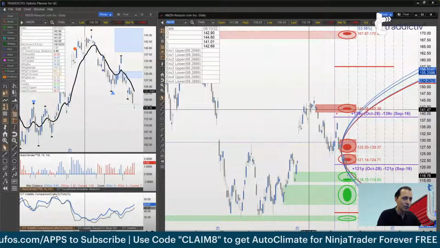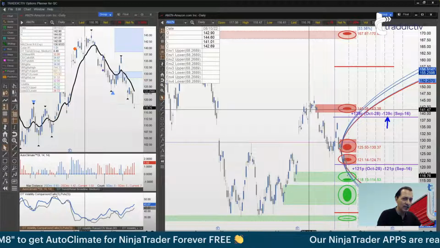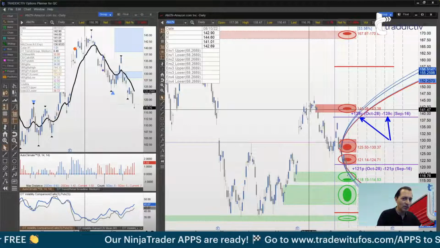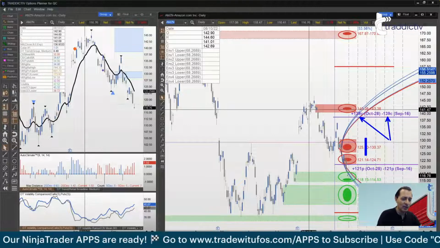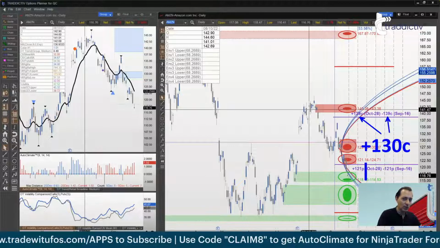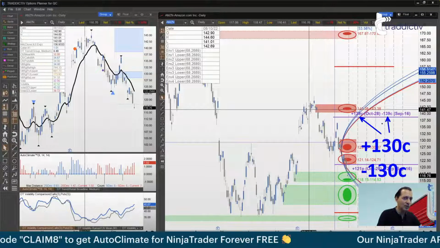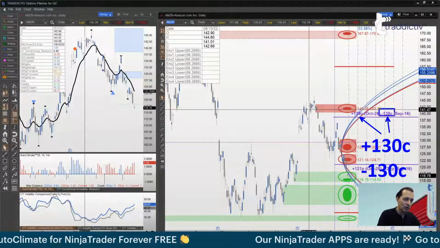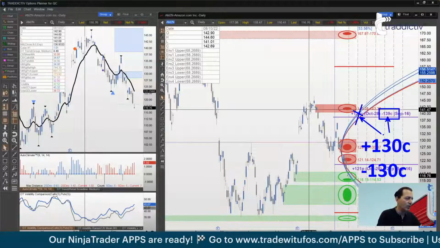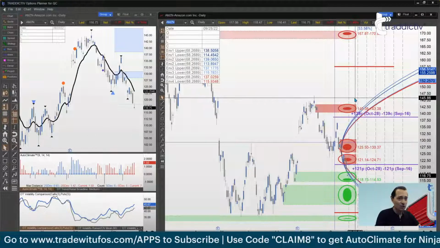But notice, if you do that, like I mentioned last week, you will need to roll not only the short 139 to become 130, you would also need to roll down the 139 call to become 130. So everything long and short becomes 130. Okay, long 130 call and short 130 call with two different expiration dates, but both will need to be moved to 130. Not only the short option, also the long option needs to be taken out and rolled down to 130.